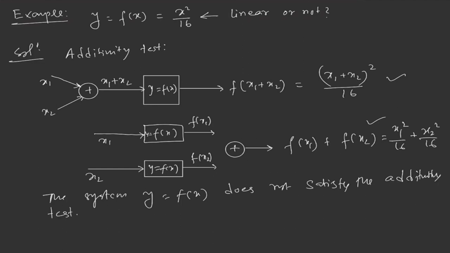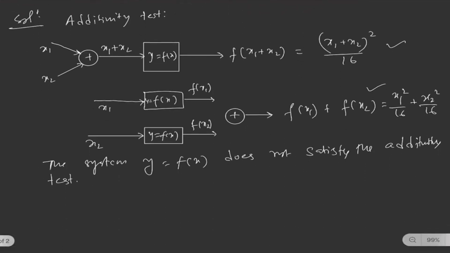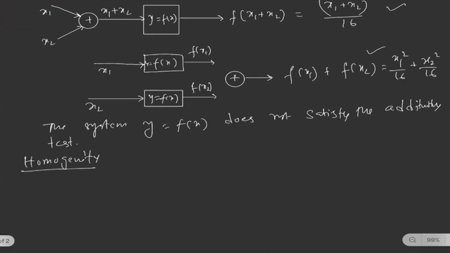With this condition also, we can say the system is not linear, but still we can test the homogeneity test as well. Let's go to the homogeneity test. To be a linear system, we have to test both the homogeneity test and the additivity test. If both conditions are satisfied, then we can say the system is linear. But in this case, through the additivity test, the system is already not linear. But still we can do the homogeneity test. In the homogeneity test, what we'll do is